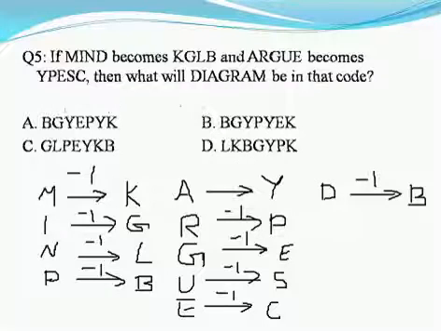So we need to check the second letter, which will be G. The third letter will be Y, then the fourth letter P, and here it is E. So if the fourth letter is E or P, that will decide our options. So I'll directly go with the fourth letter. 1, 2, 3, 4. My letter is G here. How is G replaced? We have the answer here itself. It is E. So E is the code of G. So we have G as the fourth letter and E as the fourth letter here. So this is the option.